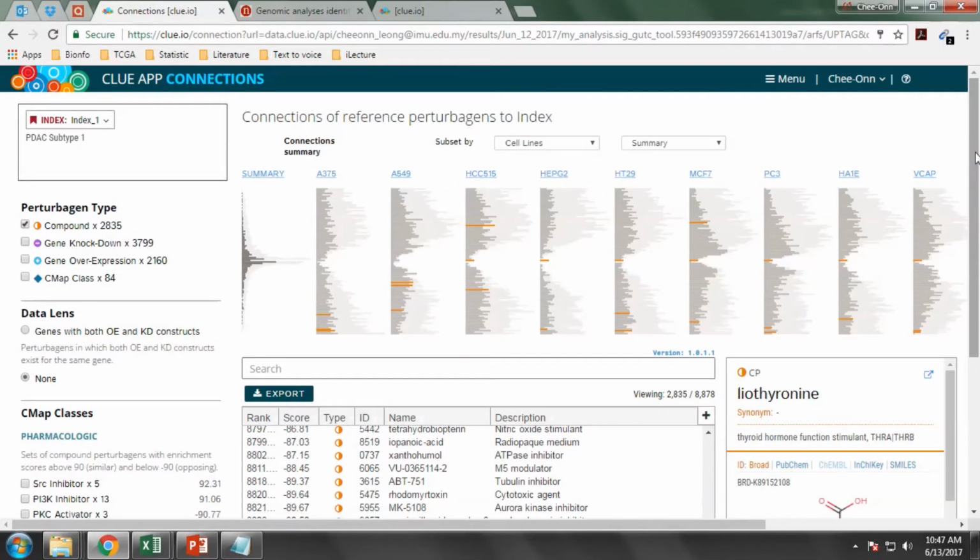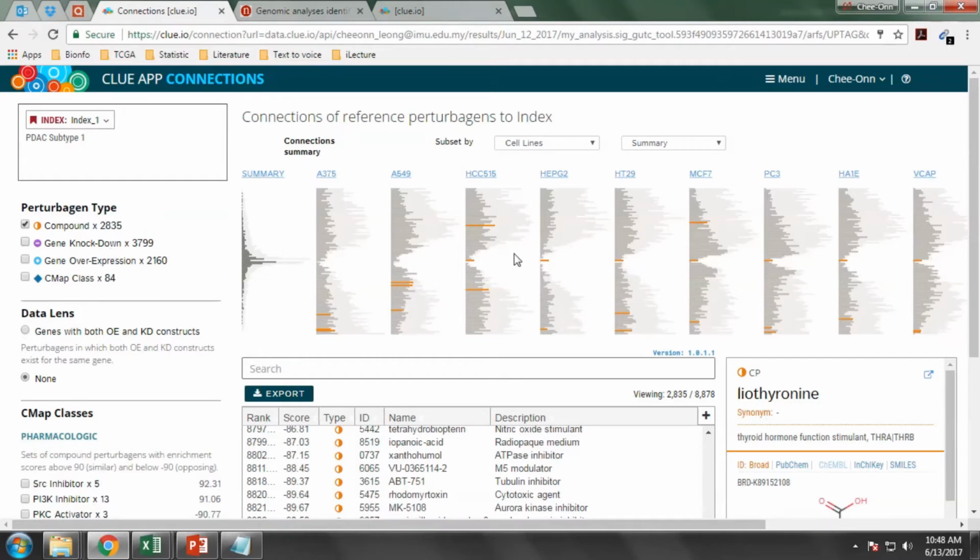Now, of course, if you base it on that, it's still a little bit speculative. That is where you can compare it slightly differently. The good thing about the connectivity map is that it now also includes the gene knockdown data. The gene knockdown is basically where they switch off, or silence, or knock down each gene at a time,